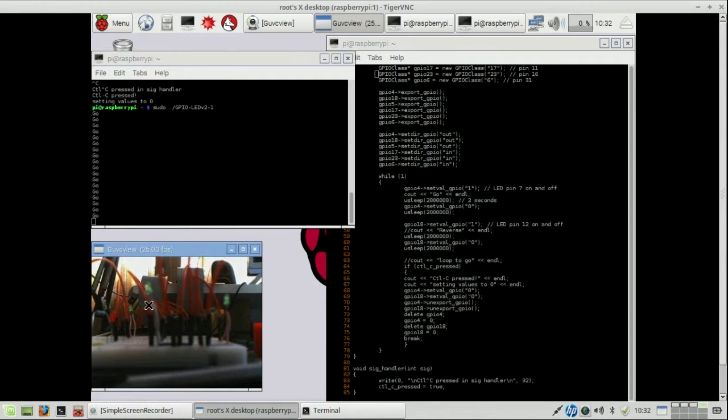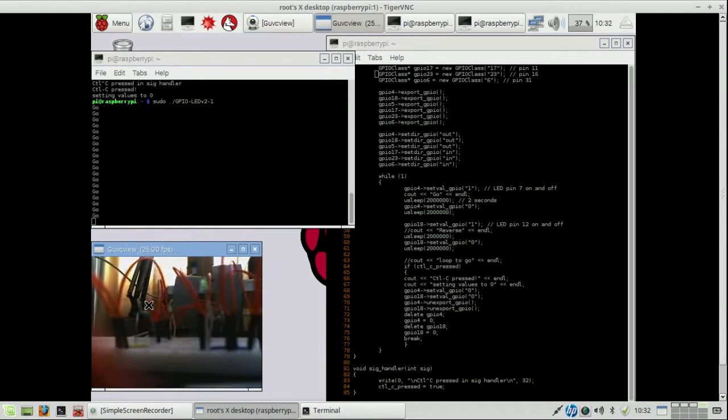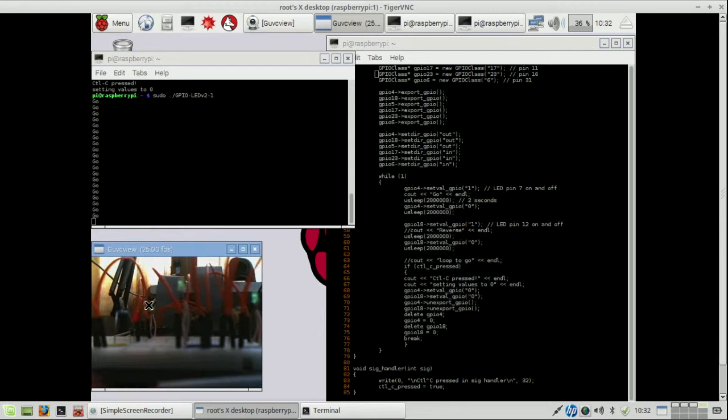So that is quite nice. So those are two LEDs on the RPi2 side that are working. Remains this LED,